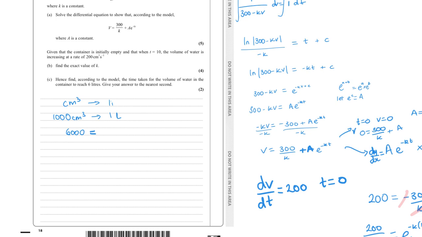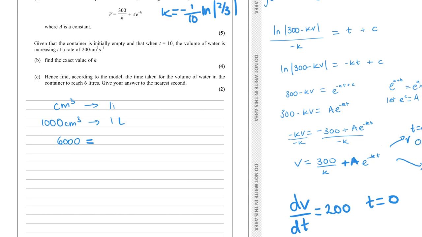I'm going to have to write this whole thing out. Right, let's do some simplifying. What was k again? Minus 1 over 10 ln 2 over 3, and a was negative 300 over k, right? So 6,000 equals 300 times negative 1 over 10 minus 3,000 over ln 2 over 3. Why is it 3,000? Because 300 divided by minus 1 over 10 is going to give me negative 3,000. Plus